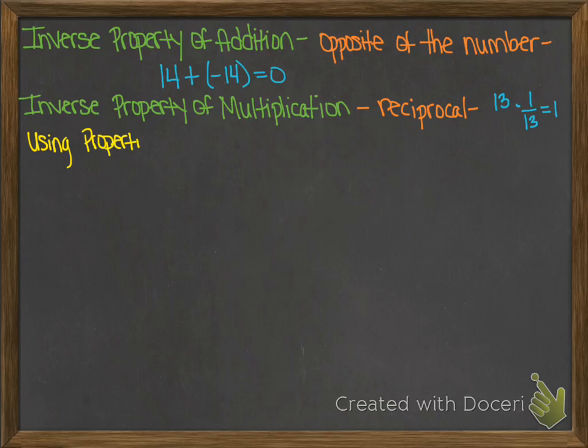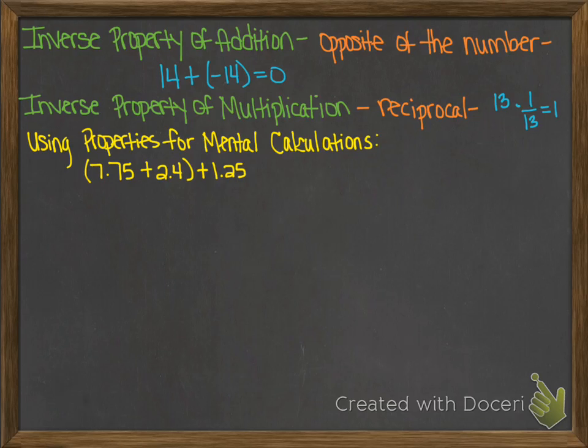All right, so how are these properties helpful? We can use these properties for mental calculation, and I'm guessing most of you do this already. So I just have one quick example in here so you know how we can use this. If we have the quantity of 7.75 plus 2.4, then plus 1.25, justifying our steps on how we solve